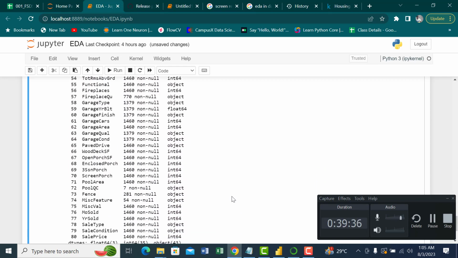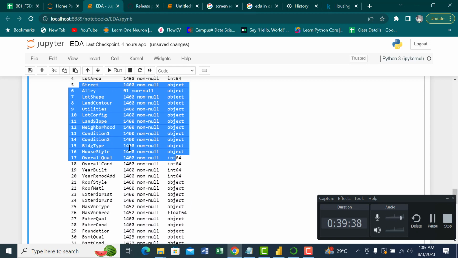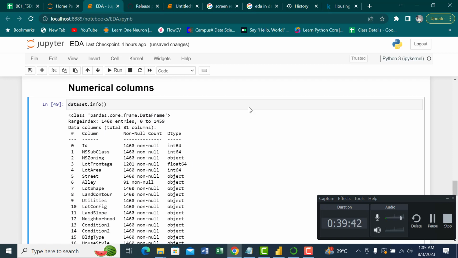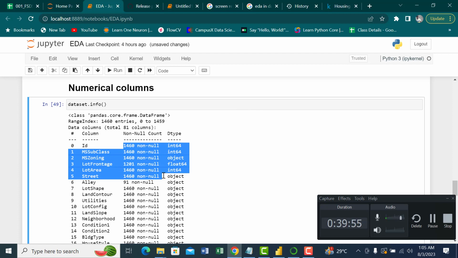So it also shows the number of missing values. As I have said, what is the shape of the dataset? हमारे dataset का shape क्या था? The number of rows were 1460 and the number of columns were 81. So see, these columns have no missing values. इसमें कोई मिसिंग वैल्यू नहीं है, और